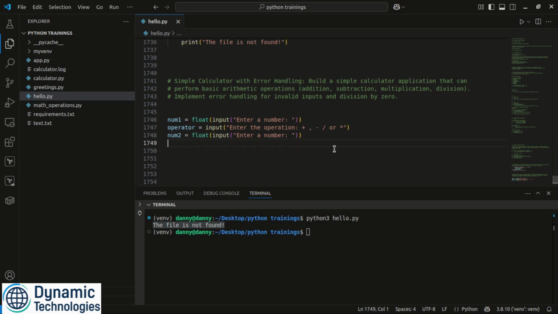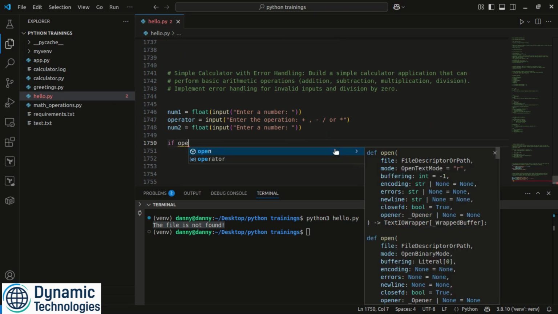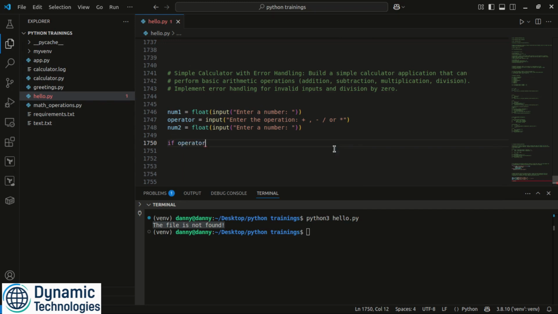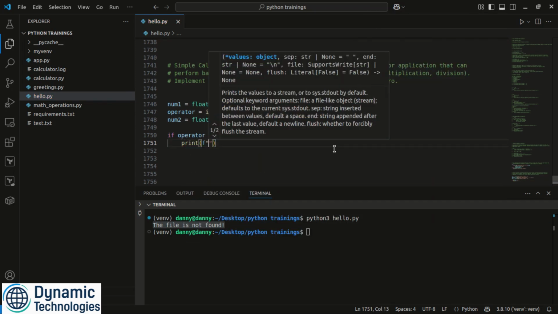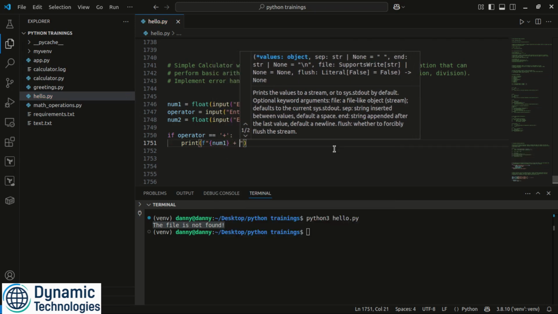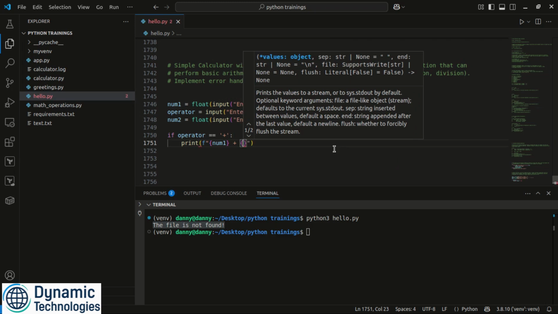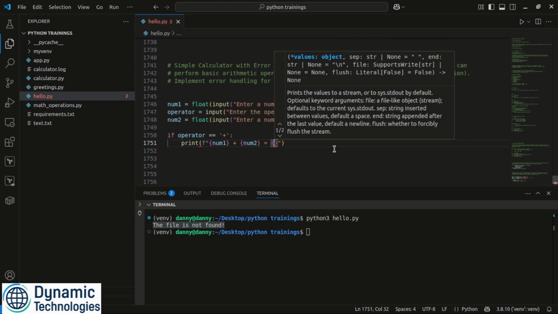Then in here we can check if operator is equal to, let's start with plus. So what should happen? It should print. Let's format that. Then we have num1 plus num2 is equal to